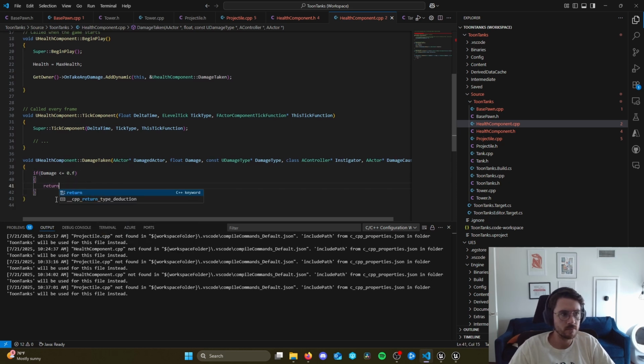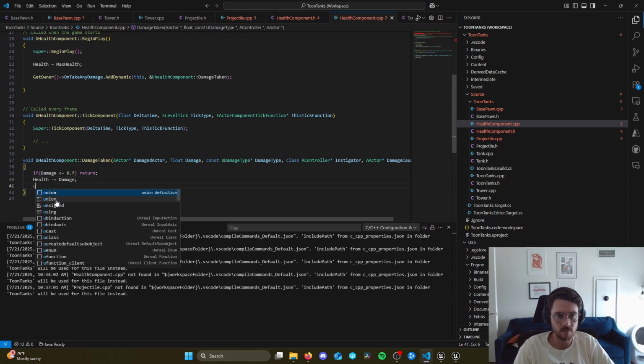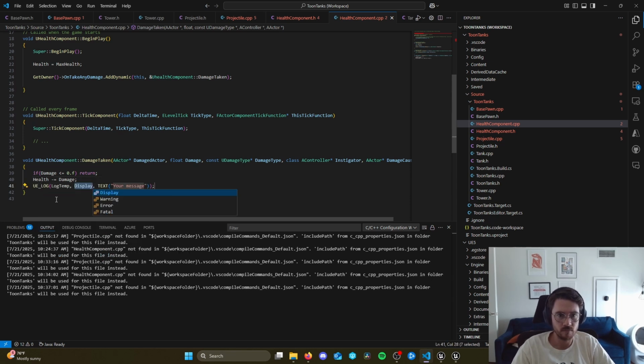And of course, if you'd like to be slick and do what I did in projectile.cpp, we can place the return right there. Now, if we make it past this line, damage is a positive value, so we can take health and use minus equals damage. And just to make sure that this is working, why don't we place a UE log here? So UE_LOG, LogTemp, Warning, TEXT, and we can simply print the value of health with %f and health. And with that, we can compile. Now, with a successful compile,